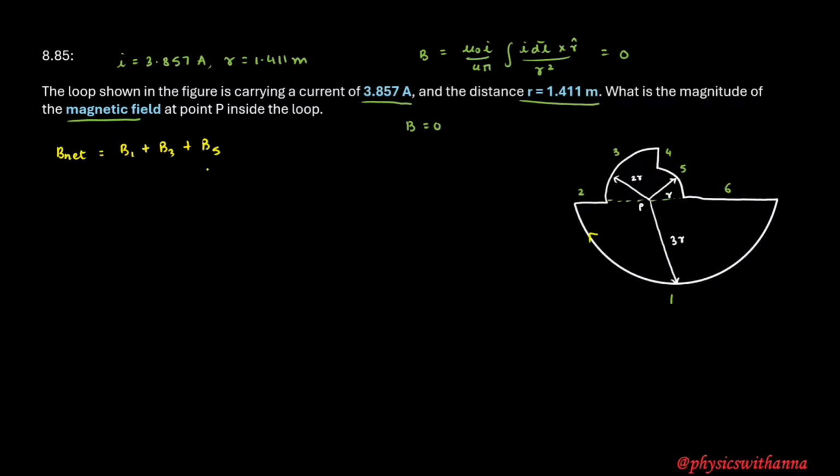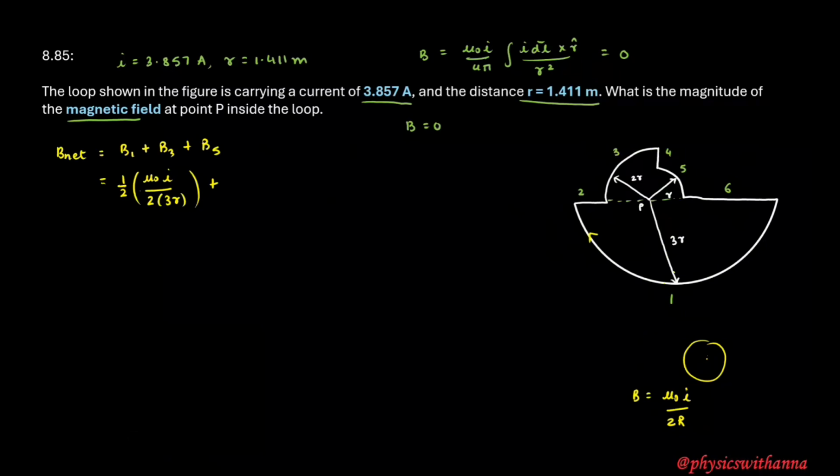Now how do we find these magnetic fields? We know that magnetic field at the center of a circular loop is given as B equals mu naught I over 2R, where I is the current through the loop and R is the radius of the loop. Now segment 1 is a semicircle. So when I find magnetic field at point P because of segment 1, I have to take half of this value. So B1 will become equal to half of mu naught I over 2 times R. Radius of segment 1 is 3 times small r, plus